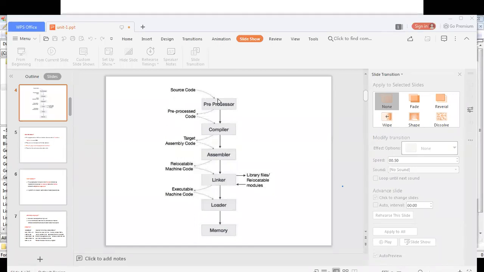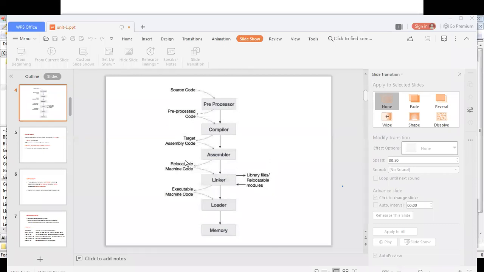First, the source code. To the source code we apply the preprocessor. From the preprocessor we get preprocessor code, which is given to the compiler. The compiler will verify it for errors. If there is no error, it will convert it to assembly language code, which is given to the assembler. It will convert that to relocatable machine code, or the object file, the .obj file.